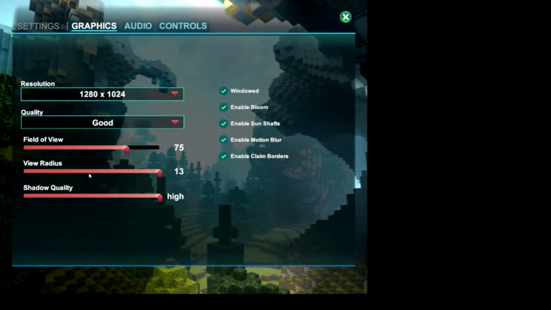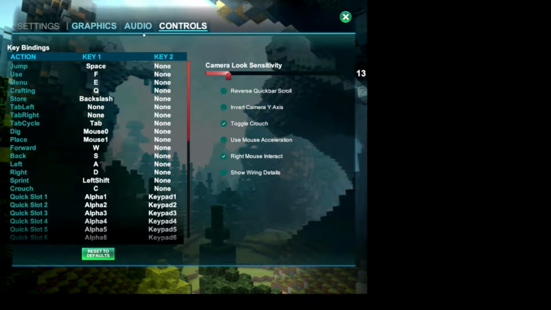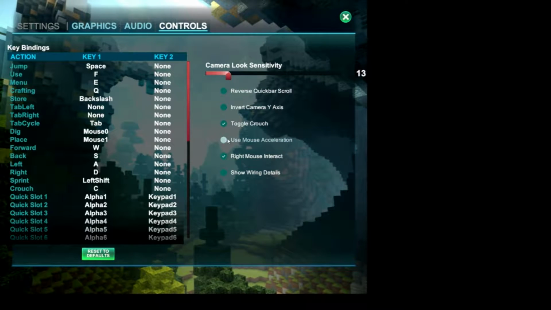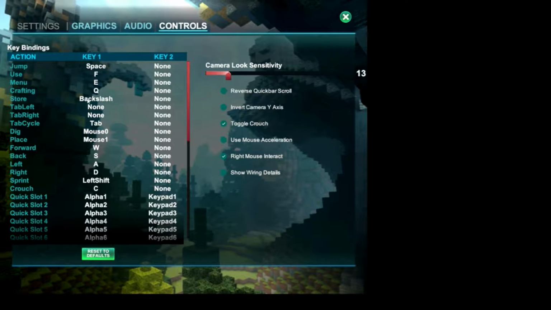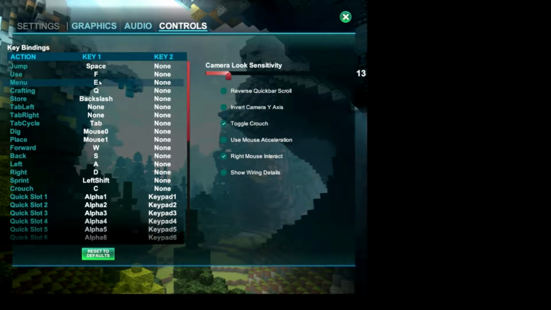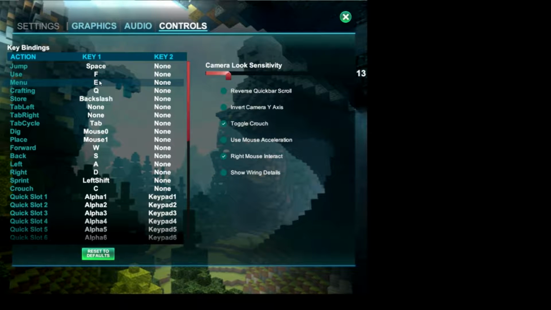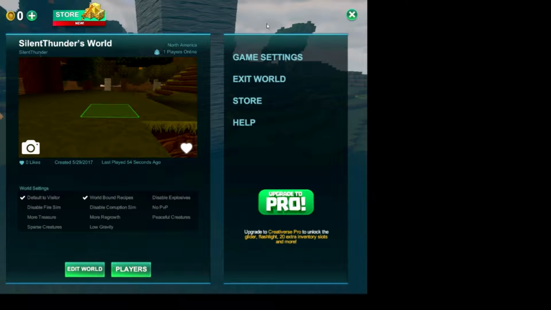Okay, field of view, view radius, shadow quality, blah blah blah. Jump a space, uses F. Menu is E, crafting is Q. All right. So,